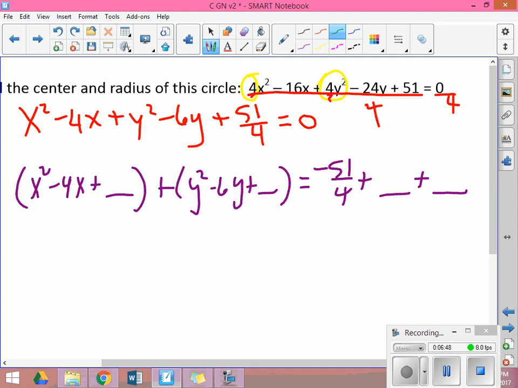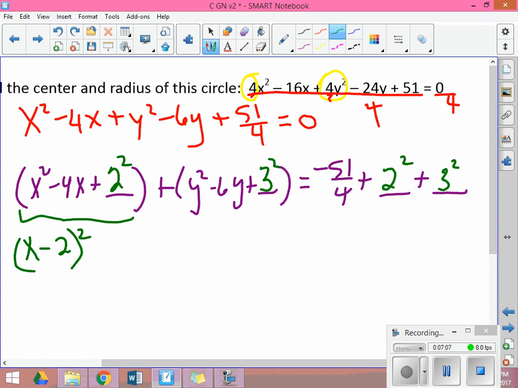Come in and complete the square. Half of 4 is 2, 2 squared. Half of 6 is 3, 3 squared. So this side factors into x minus 2, the quantity squared, plus y minus 3, the quantity squared,